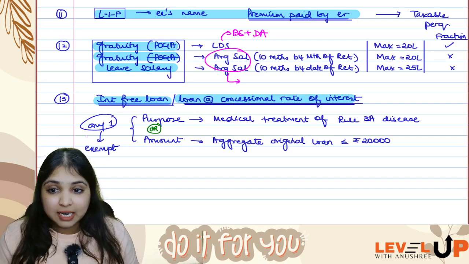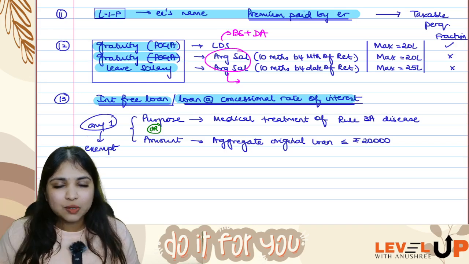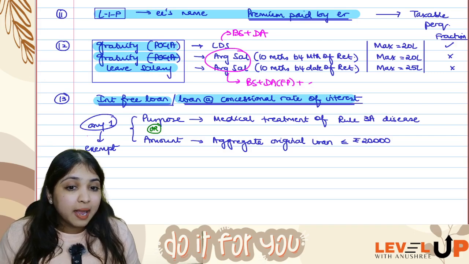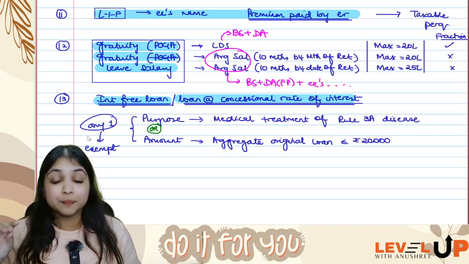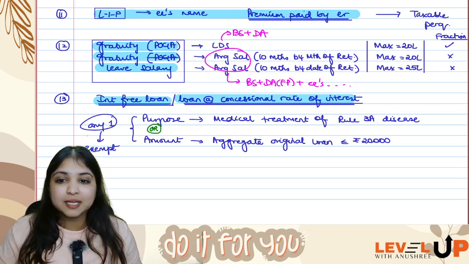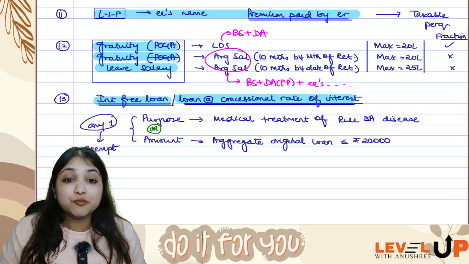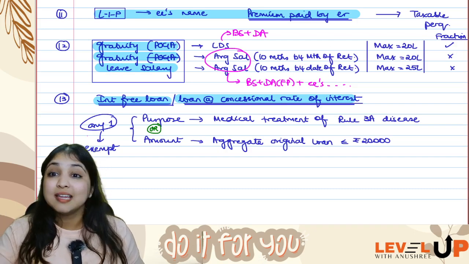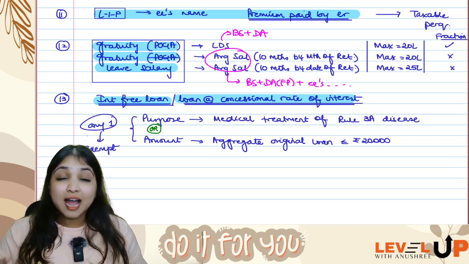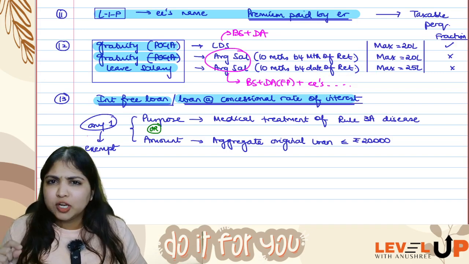For gratuity and leave salary, in both of these, the salary will have three components: basic salary plus DA forming part plus employees' turnover based commission. But the point is, for gratuity, you will be taking 10 months before the month of retirement. For leave salary, you will be taking 10 months before the date of retirement. I hope you recall, guys, we've worked out questions on all of these, showing the difference. I've worked out calculations for you. I'm hoping you're able to recall.